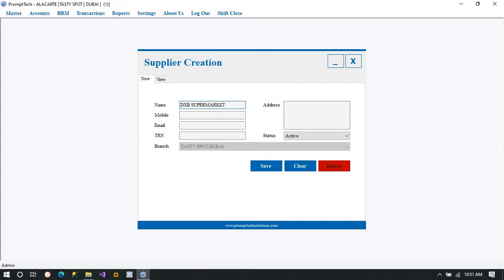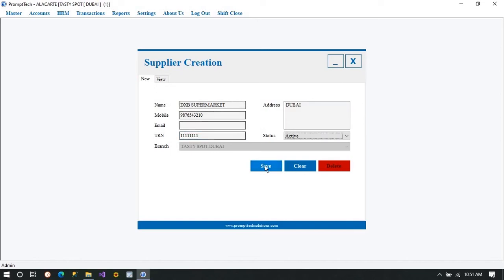So I'll just put in the details. When you keep adding, you'll get an entire list of your suppliers. You can keep a record of them as well. So I'm generally putting the number and details over here. You can add it according to the customers or the suppliers you are having with yourself, right?